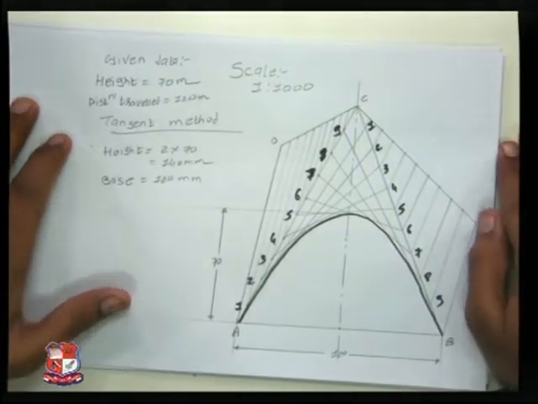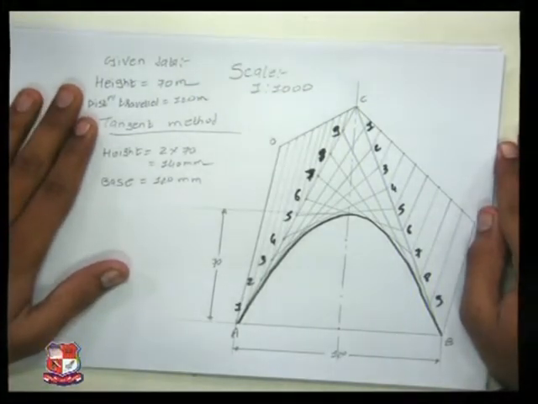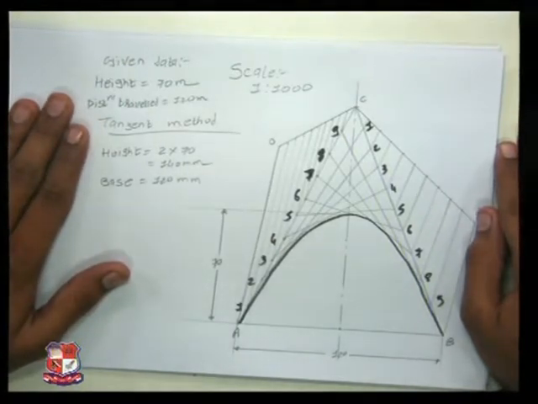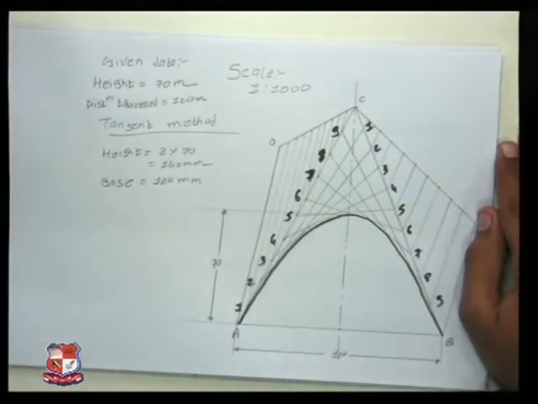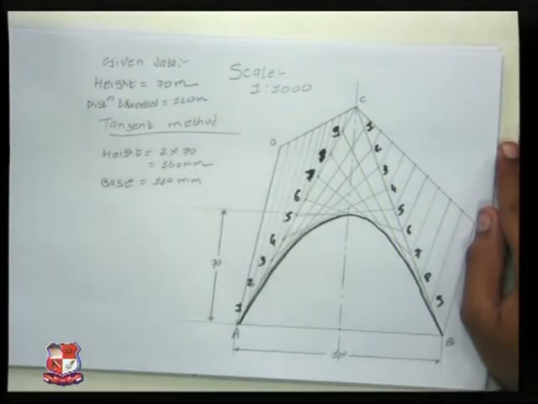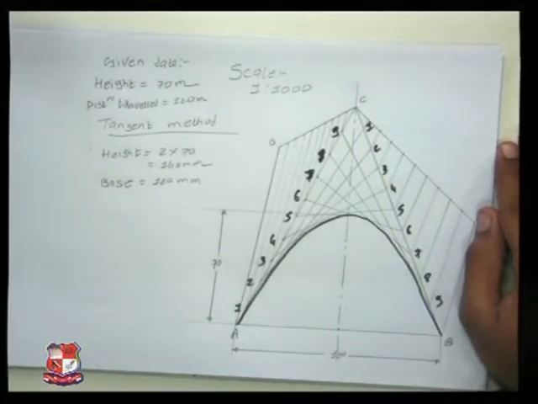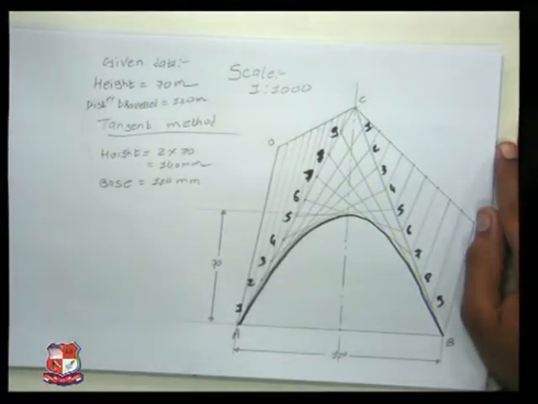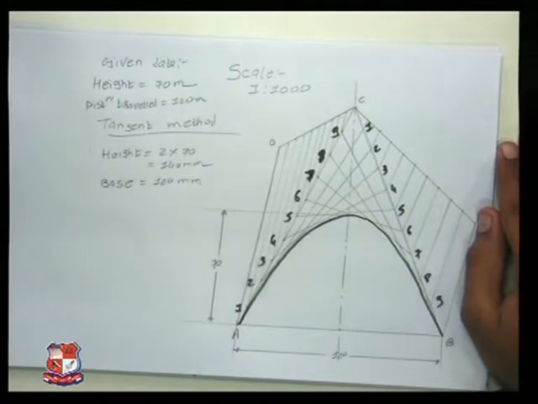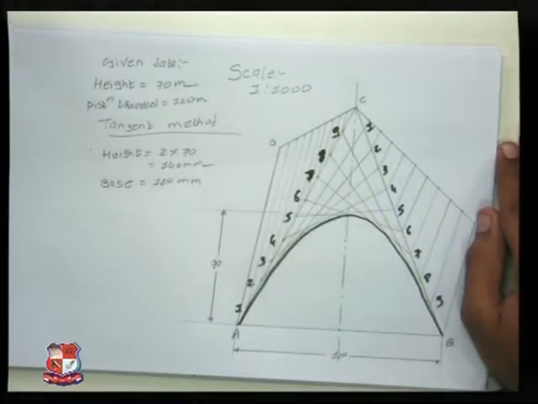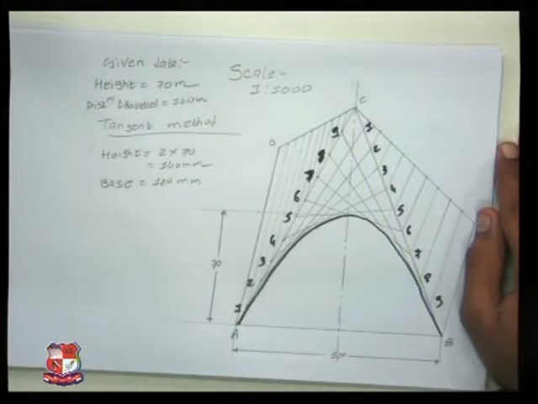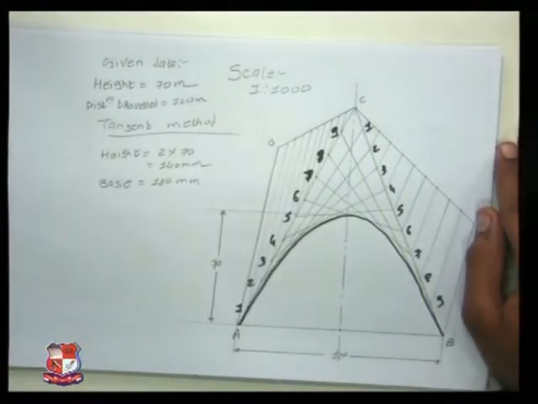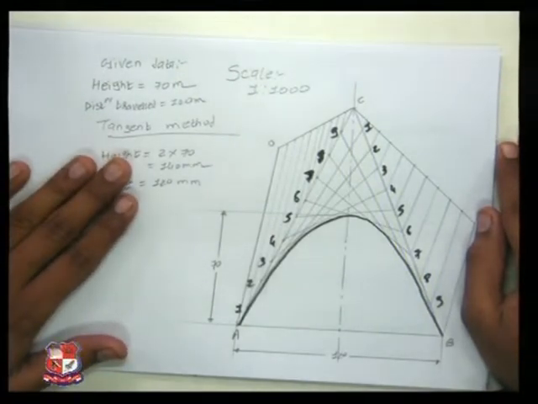First of all, in the given data, the height is given as 70 mm and the distance traveled is given as 120 mm. Actually, if you look at the sum, you will find that it says the ball is thrown in the air and has traveled so and so distance. That is for the misconceptions only. At the end of the problem, it has been clearly mentioned that the curve is a parabola and you need to draw it by the tangent method. So that's why we are writing the given data.